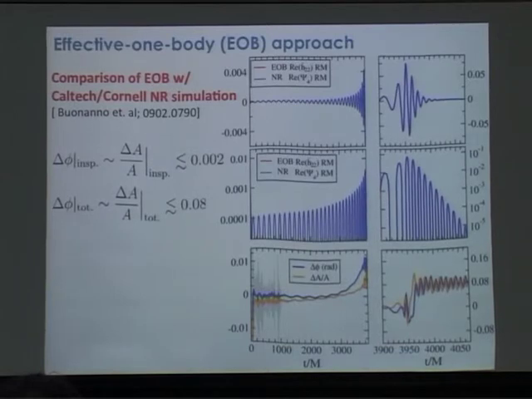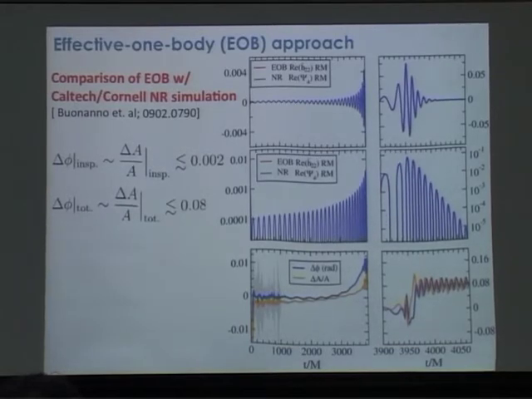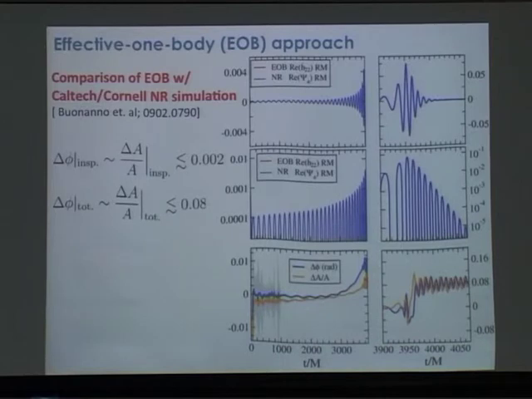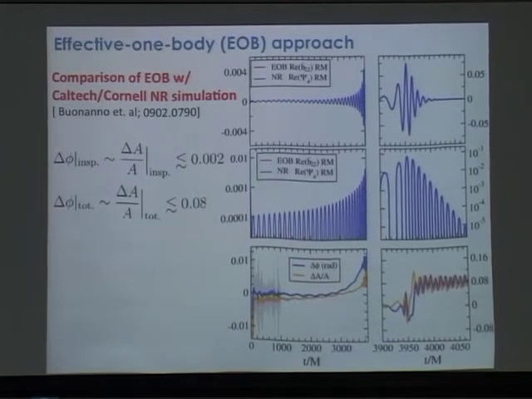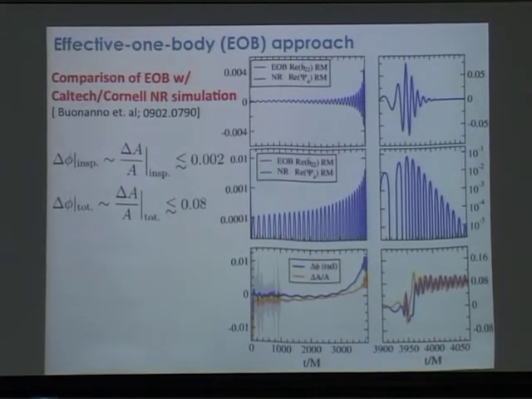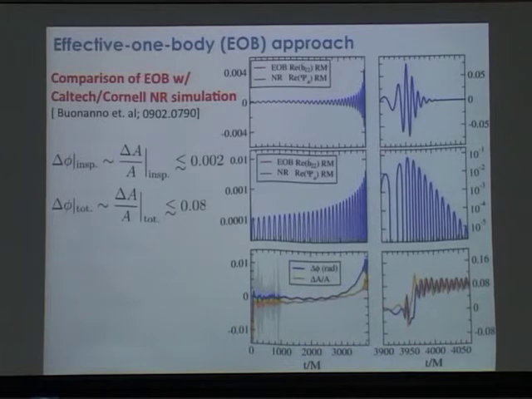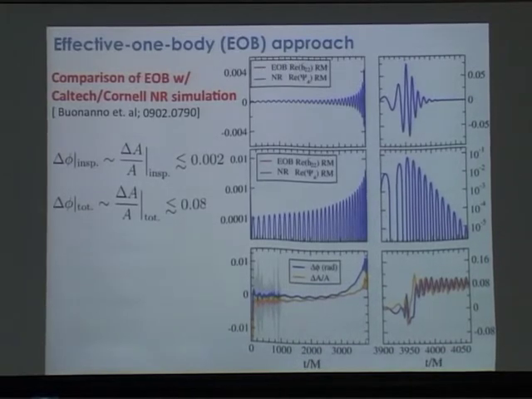So you're always modifying this EOB formalism and putting in new ingredients and trying to tweak things here and there and introduce new parameters to fit to the numerical simulations. And by putting in enough ingredients, you effectively build up a fitting formalism that lets you match the numerical simulations very well, but is much less computationally costly.